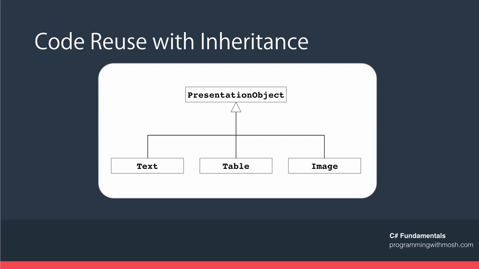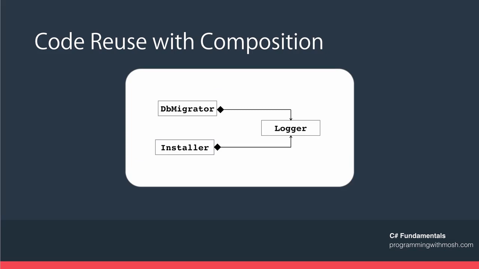So you saw that with inheritance, we can get code reuse. I showed you an example of a presentation object where we wrote some common code that was inherited by text, table, and image classes. You also saw an example of code reuse using composition. So we had a logger class where we defined the logging capability,